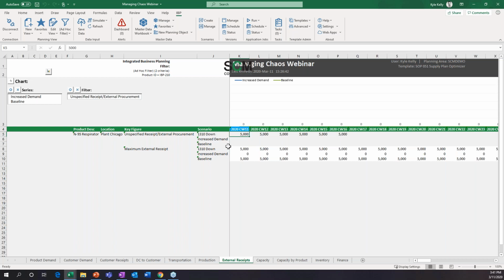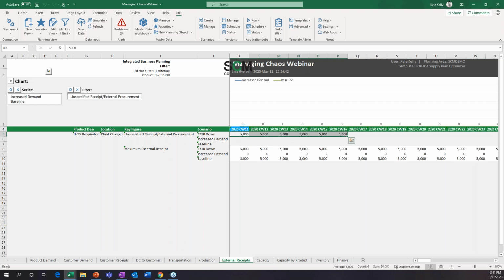now is that even though we had the option to source in the baseline, we didn't get any external procurement in the baseline, and that's because our own resources were able to handle the demand. But in this rare case where we actually have enough demand and one of our resources is down that we can't handle it all, what you see the optimizer is choosing to do is it's saying, okay, it's more valuable right now for me to actually supply to my customers. Now let's go find where we can get those products. So it's going to indicate how much it needs to source from this external location.